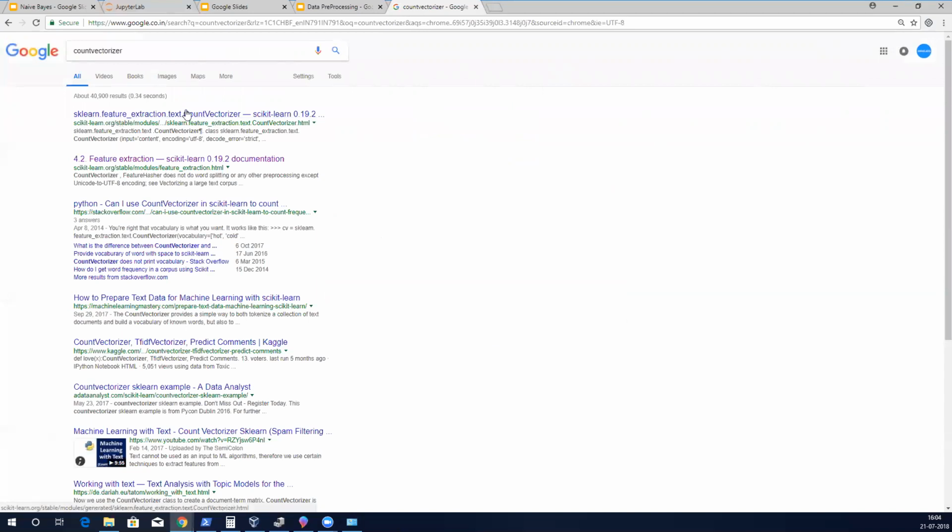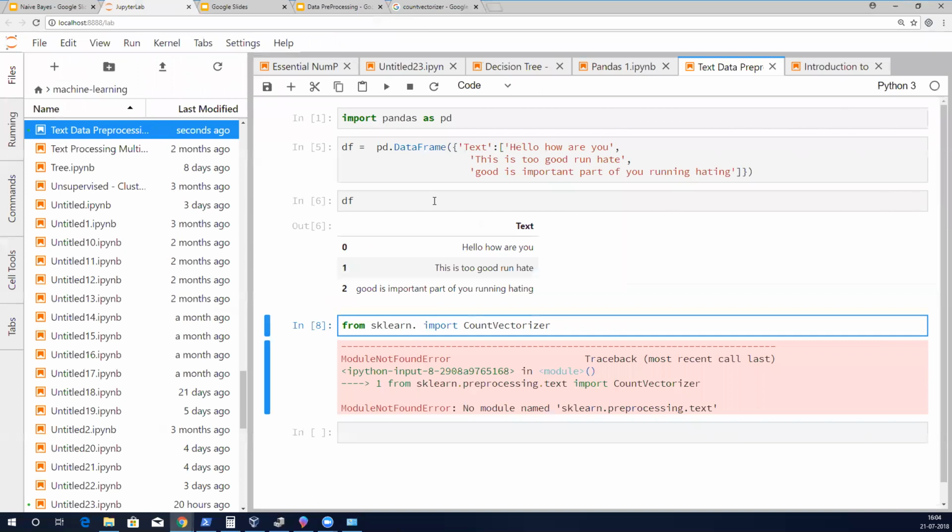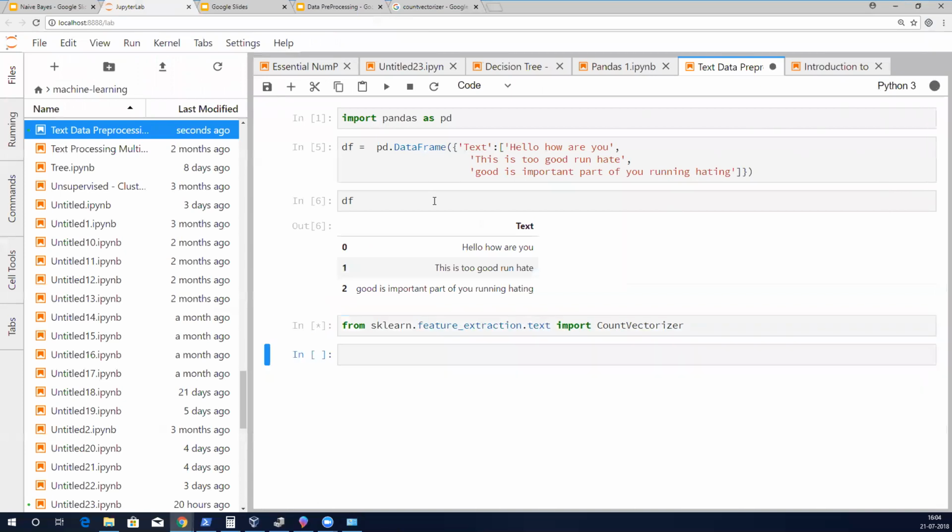Oh, feature extraction dot text. Sorry, not pre-processing, feature extraction dot text. Right, CountVectorizer. So count vectors are what will do this. It will create one column for each word. CV equals CountVectorizer.